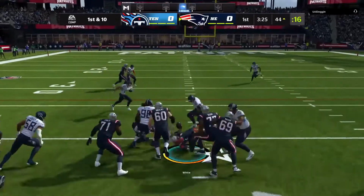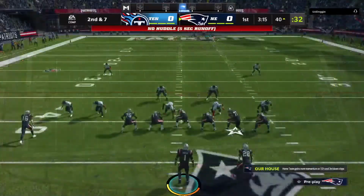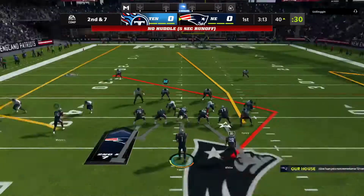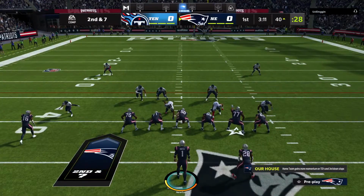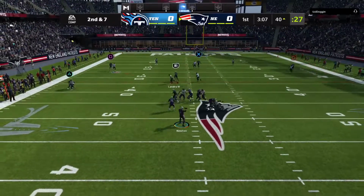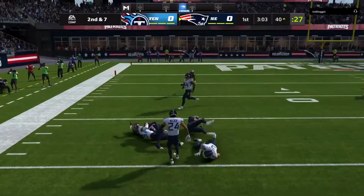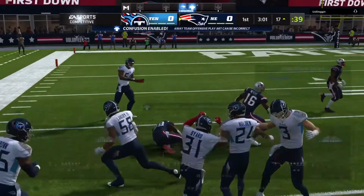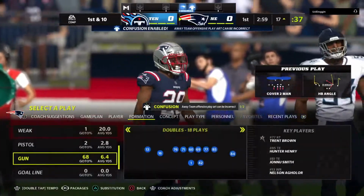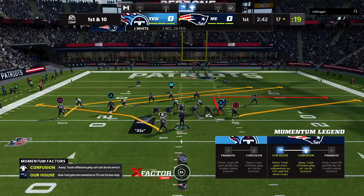They will run with White out of the shotgun. A gain of 3, 2nd down. To throw is Newton. Throw left side complete. That's White. And he's going to have another 1st down as the tackle's made at the Titans' 17-yard line. 23 yards the pickup there. So from the 17 now, here's a 1st and